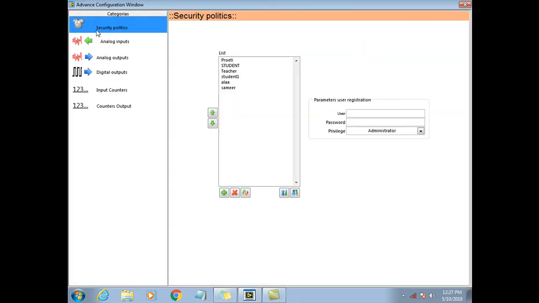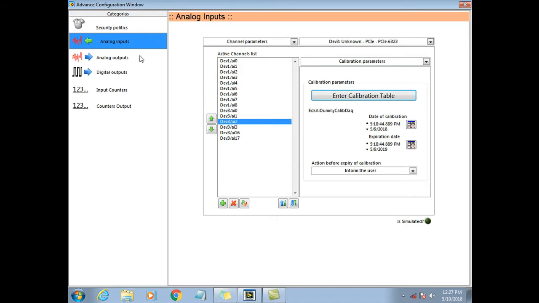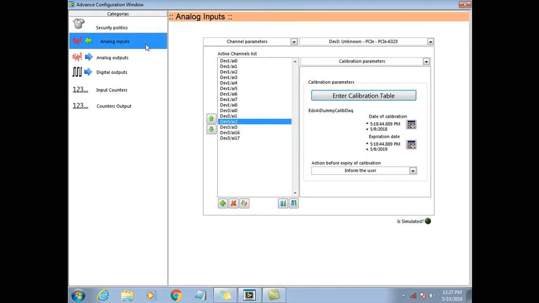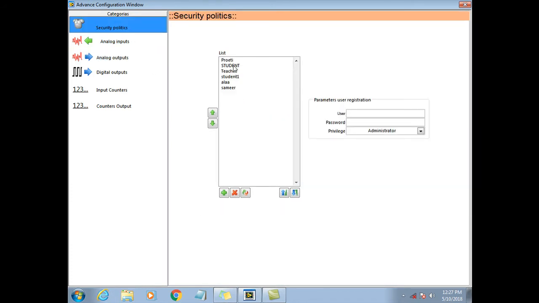we have first security, analog, outputs. You have to press on the right, not here. Here it does not work, on the right. Security allows you to create users. You can go and, for example, select and delete, select student 1 and delete, and if you want to create one, you click any place, put